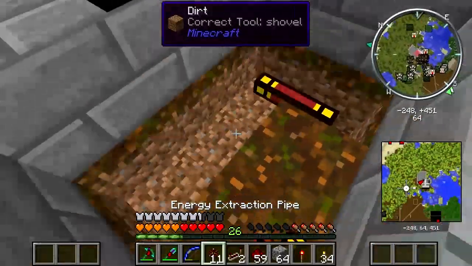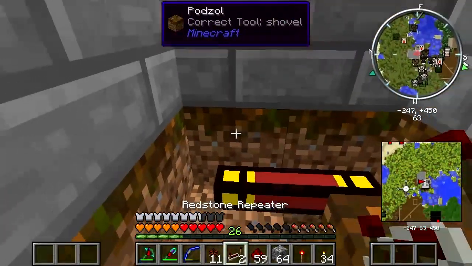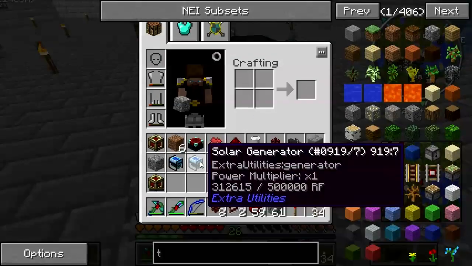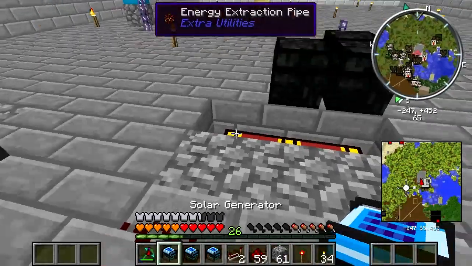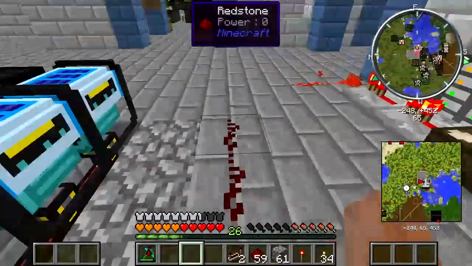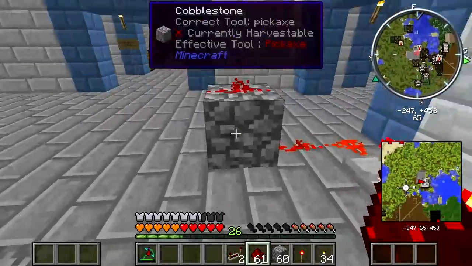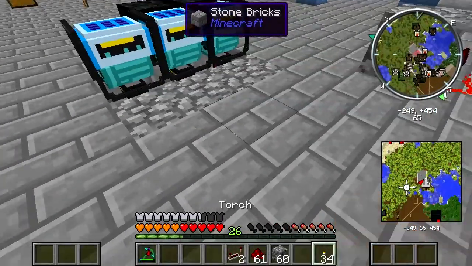Alright, take our energy acceptor, run it down there. Actually, no. There. Alright. Let's get the generators. Okay. Alright. Now, redstone signal comes out here, hits this, goes up here. Actually, it should energize the block, right? Yeah, okay, that's better, actually. Alright, now...